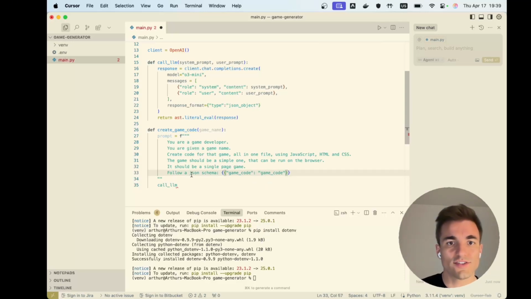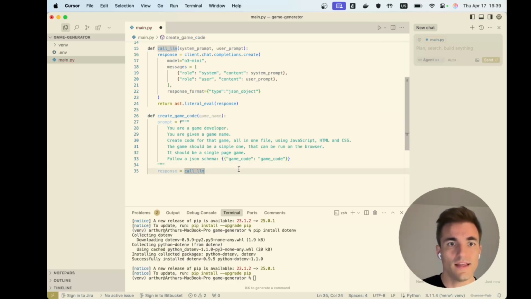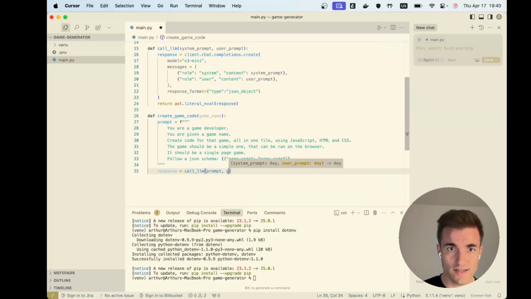So this way we make sure that the object that we get back is going to be a dictionary with just game code in it that we can just recover straight away. Now our response will call the LLM. I think I'm missing some quotes here. Yeah, there we go. Now our response is gonna be calling the LLM, giving it our prompt and the game